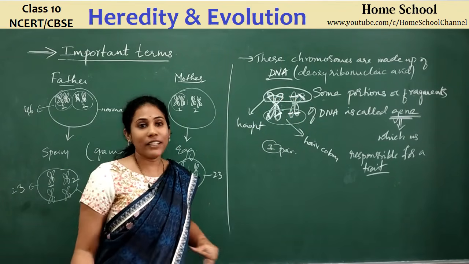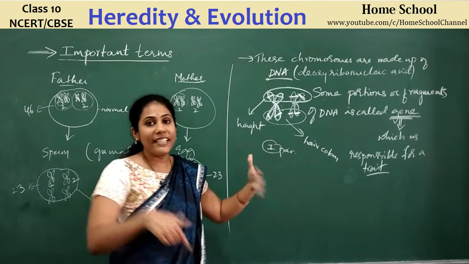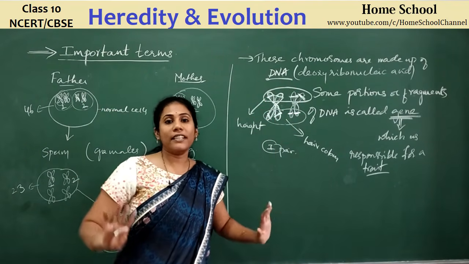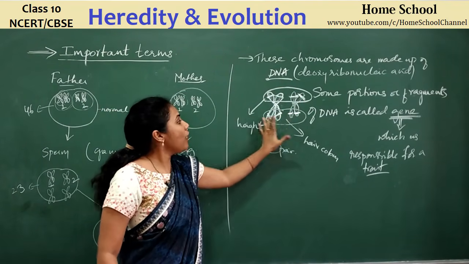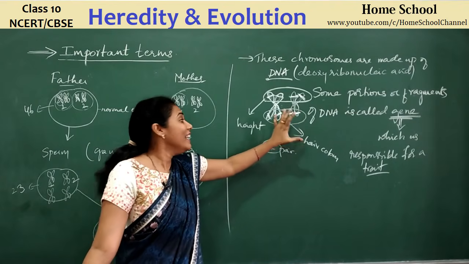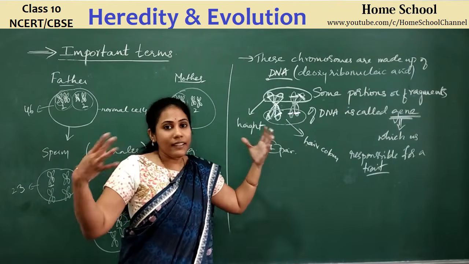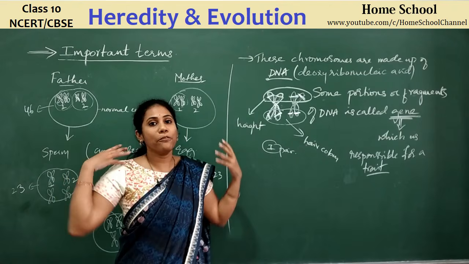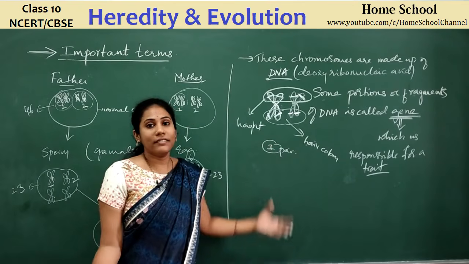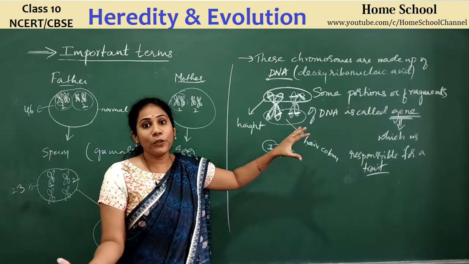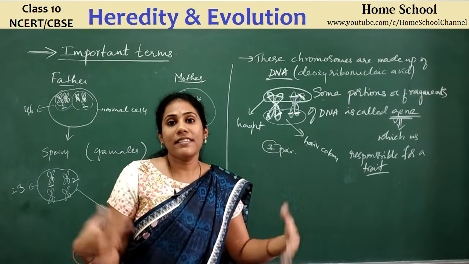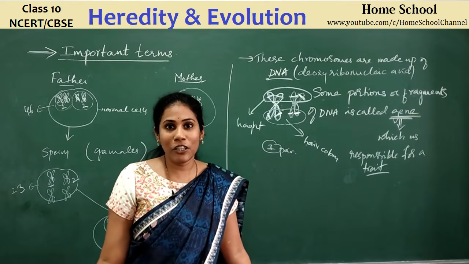For my height. So this portion of chromosome will decide whether I have to grow as a taller person or shorter person. And this portion of a chromosome or DNA, that is what we call gene, that portion of DNA, will tell what color has to be there for my hair, whether I should have brown hair or black hair. Got to know? So this is all about a chromosome. Inside a chromosome, this is how genes are present, and this is responsible for certain characters. Okay, got to know? Fine.